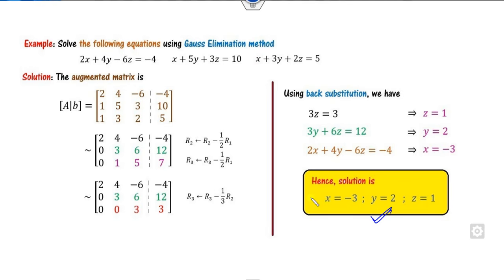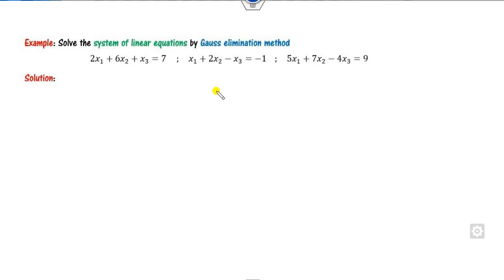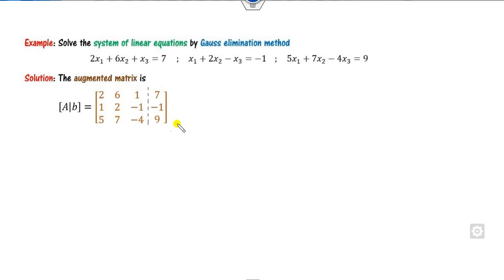Now we will try to solve all those remaining examples with the help of this shortcut trick, so that you can understand it well. Now again you have to apply the Gauss elimination. You can write in this augmented matrix, write the first element as my box, then you can write the first row as such: 2, 6, 1 and 7. Okay, and the first column as my 0, 0. Then this is my box element.